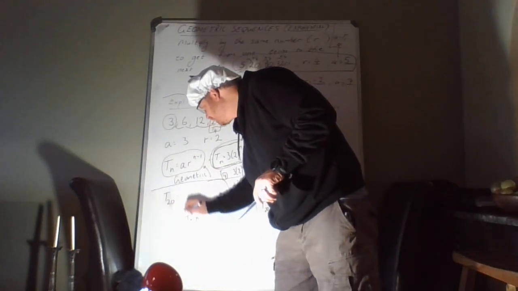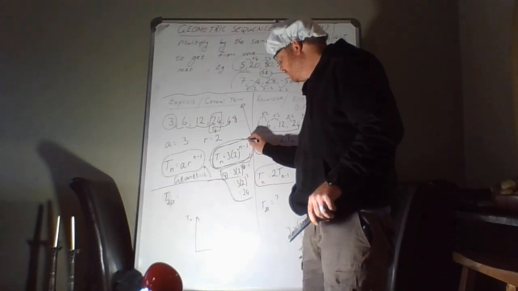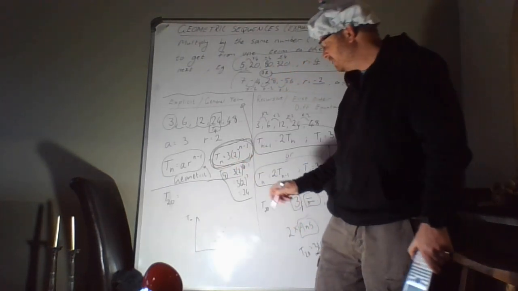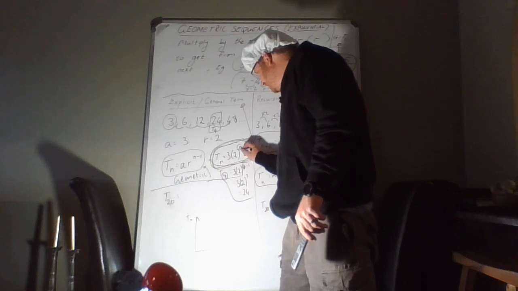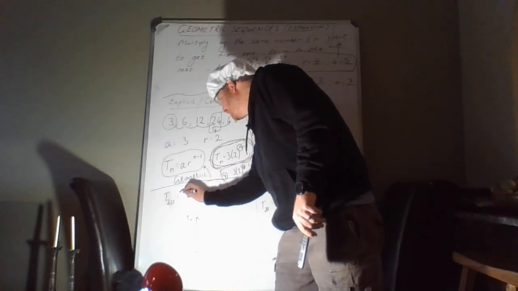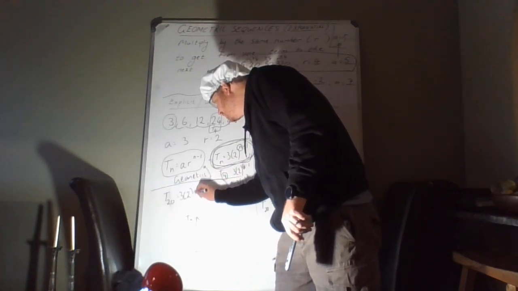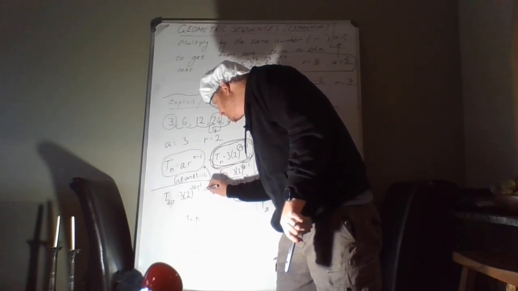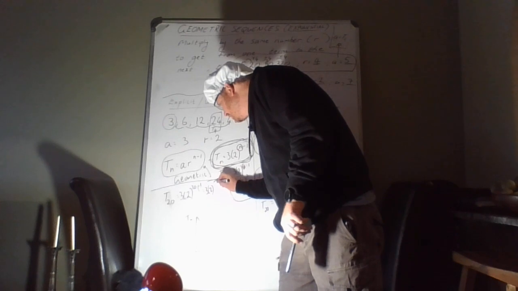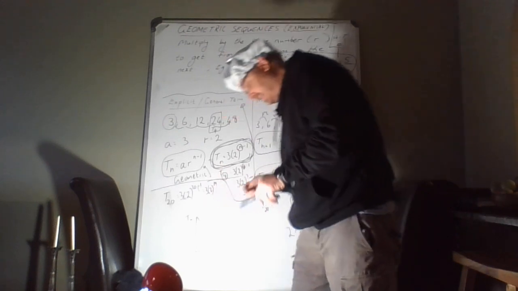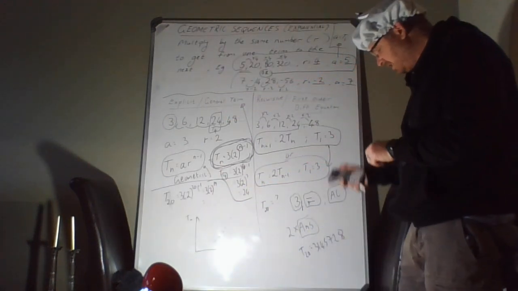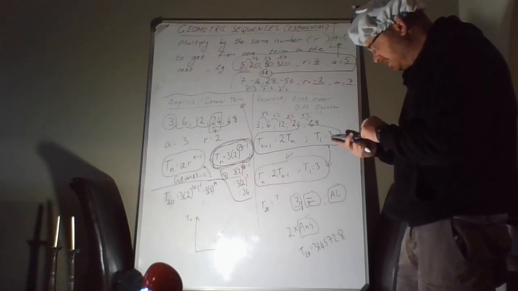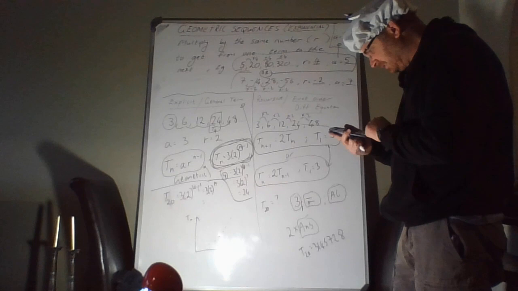If I was using the explicit formula to find term 20, well, my general formula was Tn is equal to 3 times 2 to the n minus 1. So term 20, I'd replace n with 20, would be 3 times 2 to the 20 minus 1. In other words, 3 times 2 to the 19. And if you enter that into your calculator, hopefully we get the same answer as that. And I go 3 times 2 to the 19 equals,